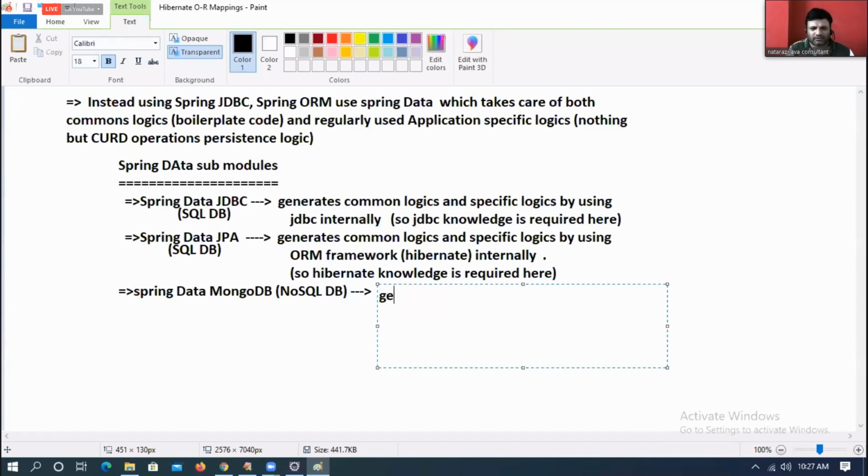So it generates common logics and specific logics required for interacting with